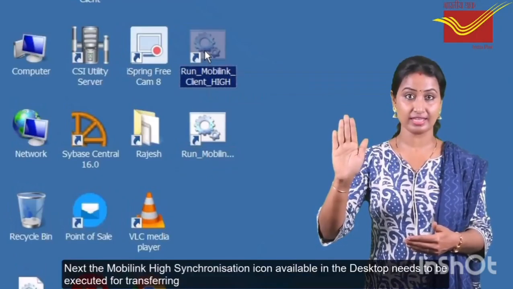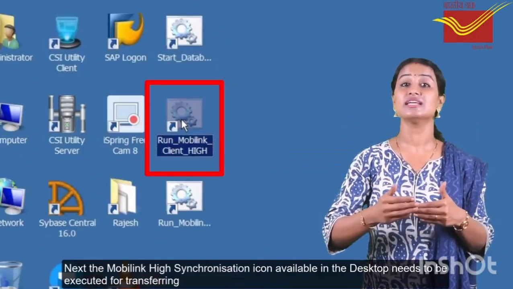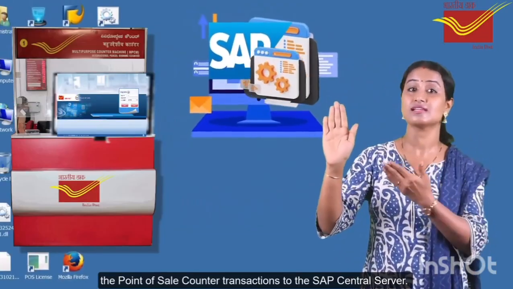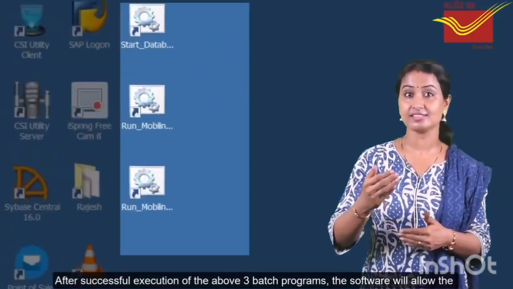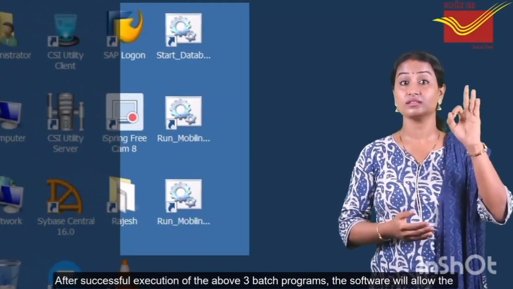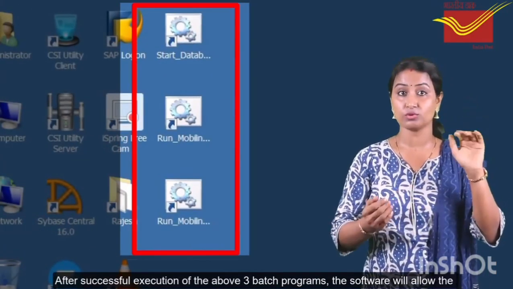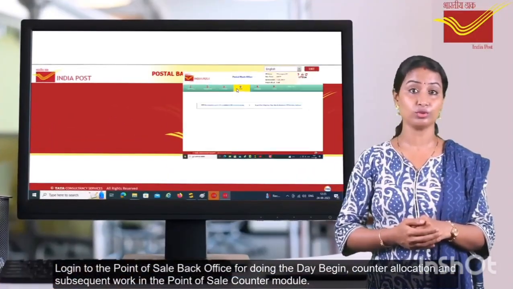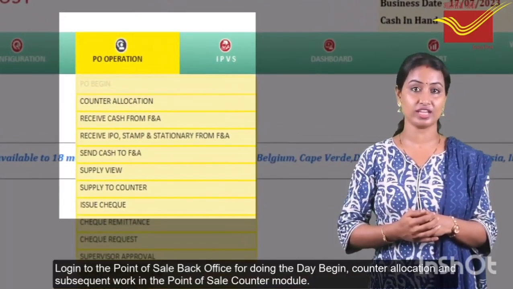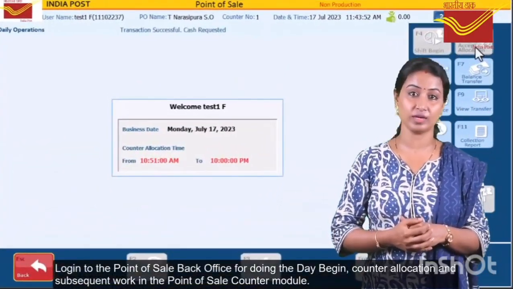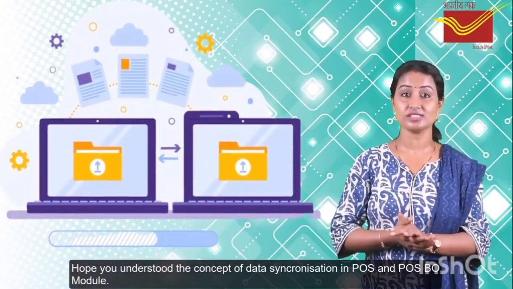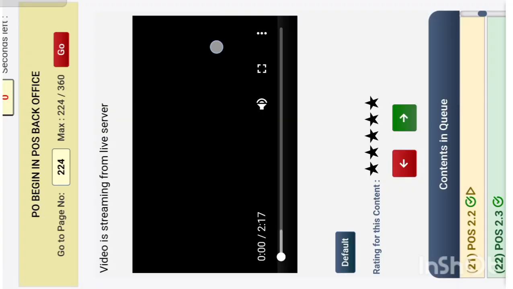Next, the MobiLink high synchronization icon available on the desktop needs to be executed for transferring the point of sale counter transactions to the SAP central server. After successful execution of the above three batch programs, the software will allow login to the point of sale back office for doing the day begin counter allocation and subsequent work in the point of sale counter module. Hope you understood the concept of